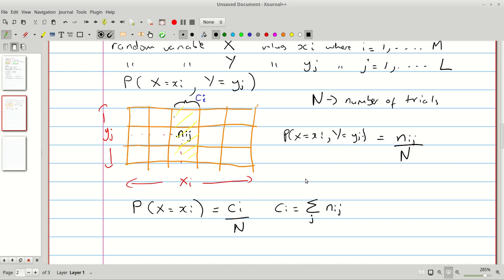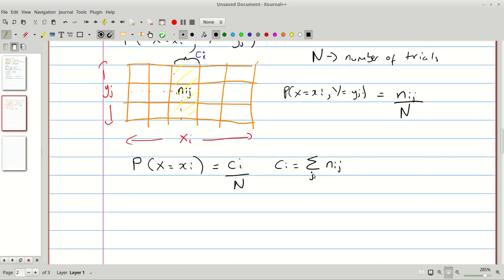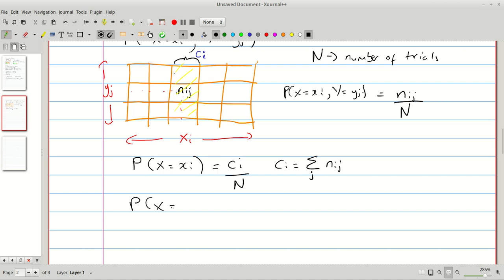So in case this isn't actually too clear to you right now, that's okay. Try to understand it, of course, but we're going to go back to this example where we're using the same rules, and you're going to understand what exactly it is we're doing. But just try to follow this. So ci here is the summation over j of nij. So essentially that means the probability that x is equal to xi